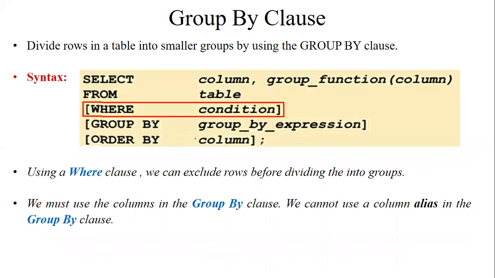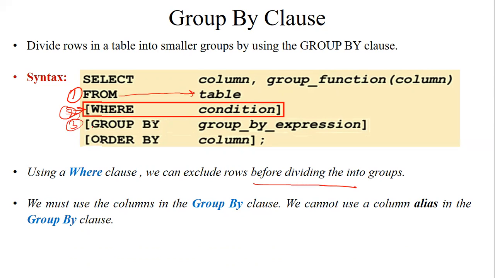You can see the example of the GROUP BY clause here, and the other part along with it. One more thing: along with the GROUP BY clause you can specify a WHERE condition. The WHERE condition is just used to eliminate the rows before dividing into groups. So first this part will be executed. When we execute this query, first the table will be selected, and from this table some rows will be eliminated. Second, this WHERE clause will be executed. Third, the groups will be created.